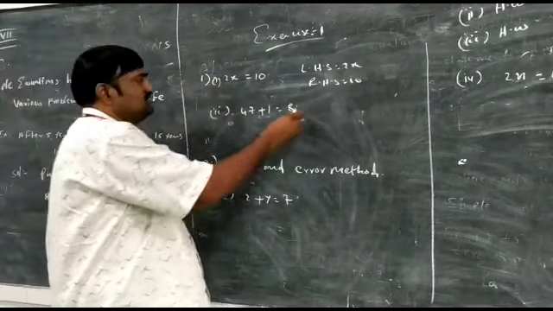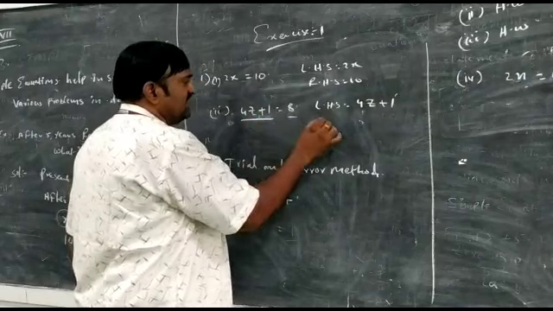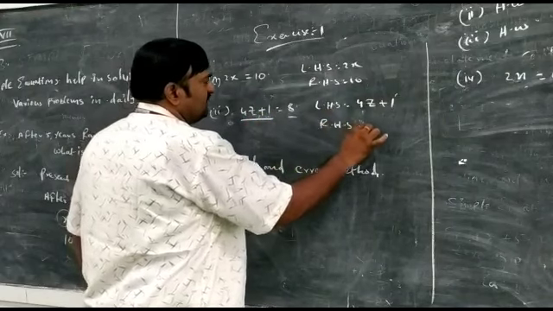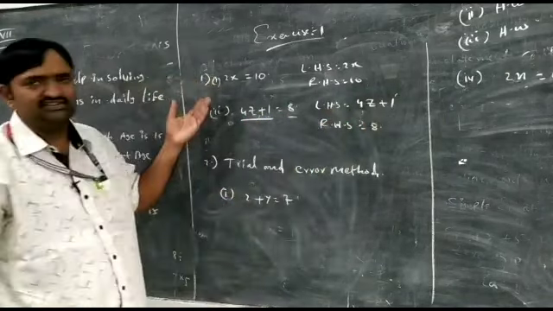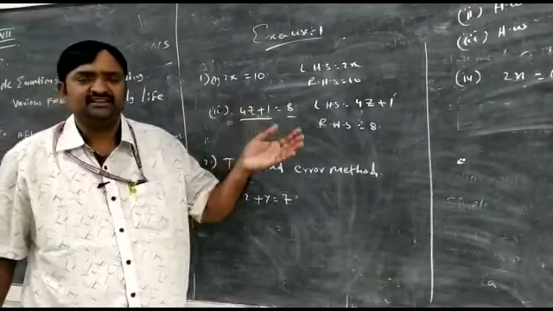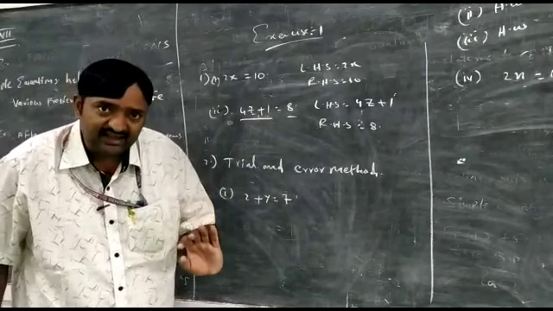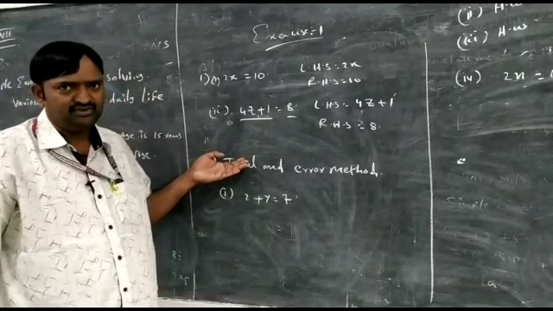This is also the second question. When you are seeing the LHS side, what is there? 4z plus 1 is the LHS side, and the RHS side is 8. This is the first exercise; the remaining sums you try to write. LHS side, what numbers are there? RHS side. LHS means left hand side, RHS means right hand side. Very easy. You try to do the remaining sums.